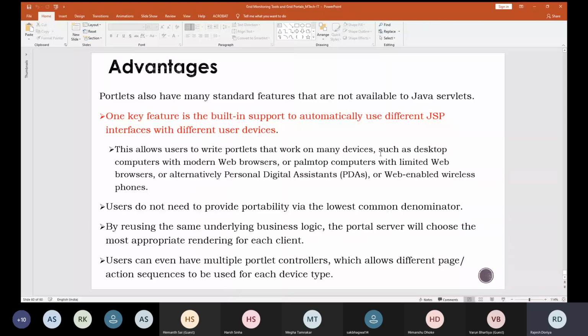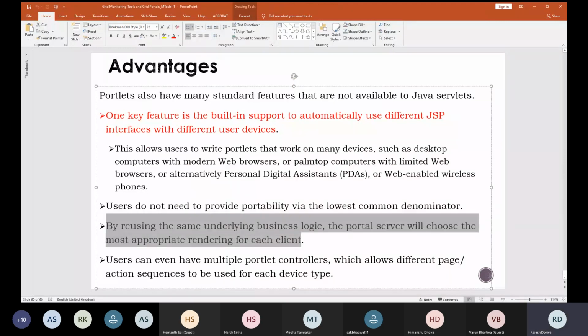So this is one of the best features of portlets. By reusing the same underlying business logic, the portal server will choose the most appropriate rendering for each client, and each client may access the grid resources with different devices. Apart from that, a user can even have multiple portlet controllers, which allows different page or action sequences to be used for each device type.